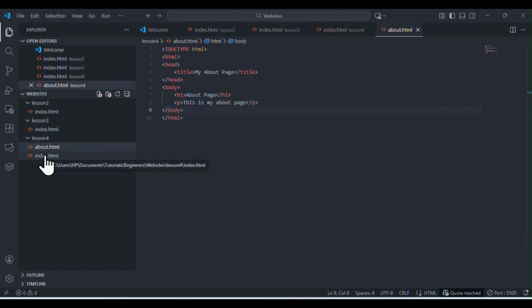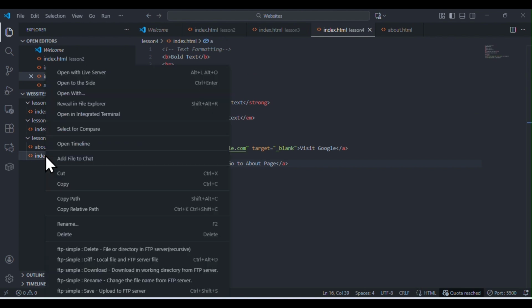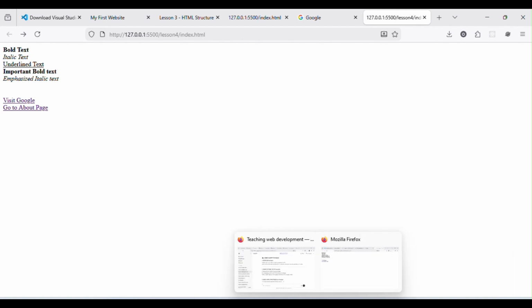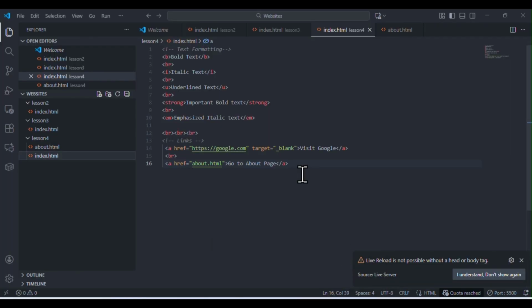So if you run our default page with live server, can you see? Go to, this is going to take us to about page. Okay, so that's just as simple as it is. It's not taking us to another website, it's taking us in the same website as ours. Okay, so